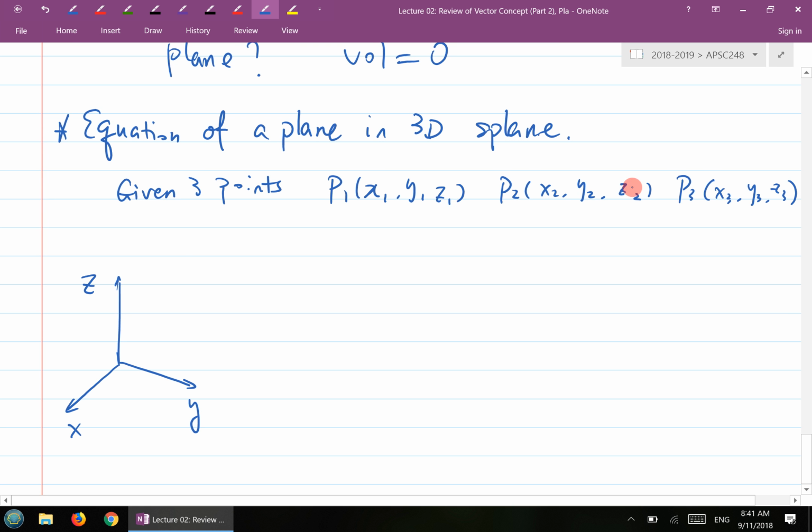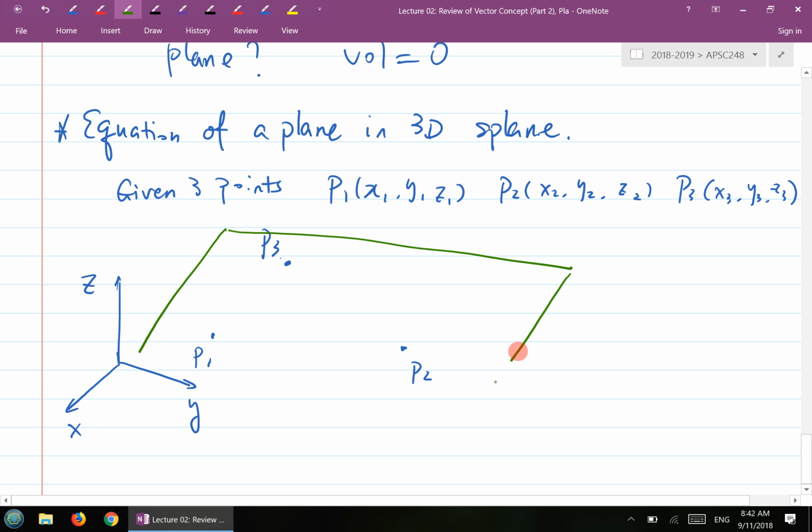All right, so that's the 3 points. As we learned, as long as the 3 points are not at the same location, you will be able to form essentially a plane, given the 3 points. So let's say this is P1, P2, and P3. As long as the 3 points don't coincide at the same location, you will be able to form a plane